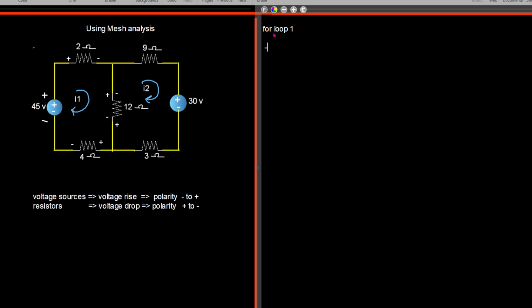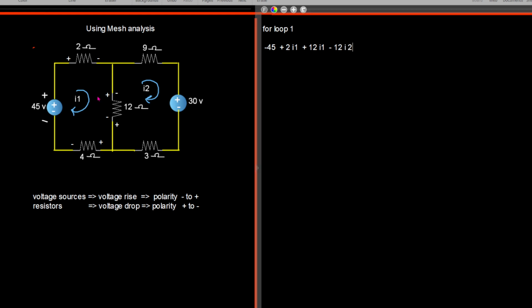So it is minus 45 volts plus this 2 ohm resistance through which this I1 current is flowing. Since it is voltage drop, it is plus to minus, so we write 2, that is Ohm's law is applied, so 2 into I1. Then again it is flowing through this path, that is through this 12 ohm resistance, in which two currents are flowing here. So I1 is flowing downwards, at the same time this I2 is flowing upward. Okay, so we have plus 12 I1, and then I2 current is flowing in the opposite direction, that is minus, minus 12